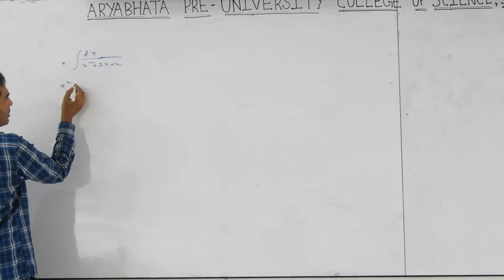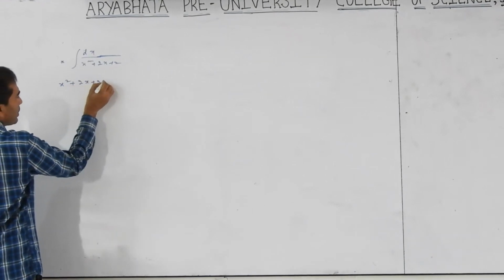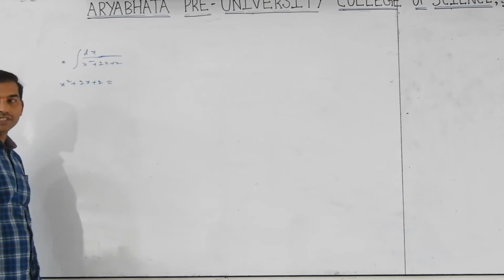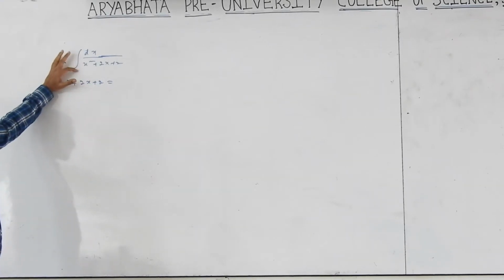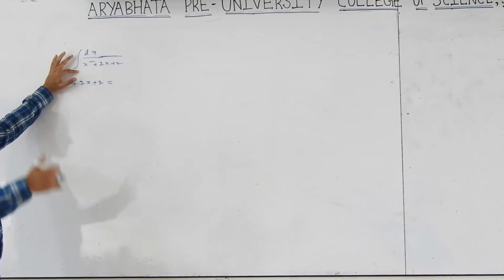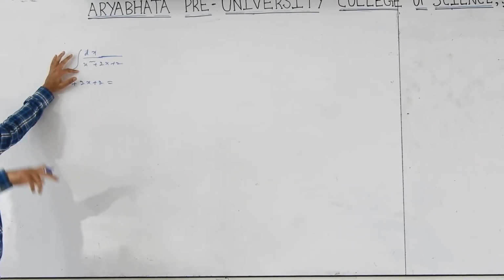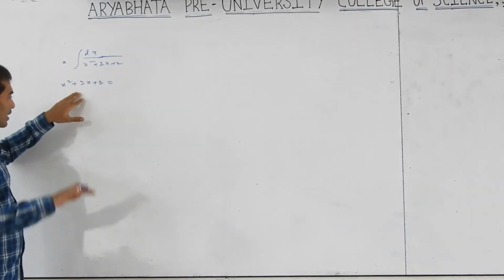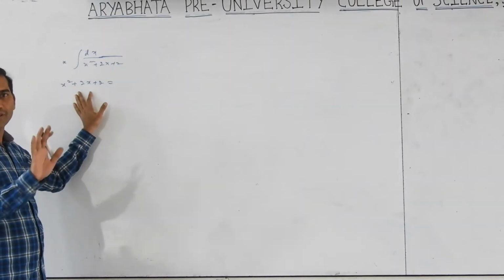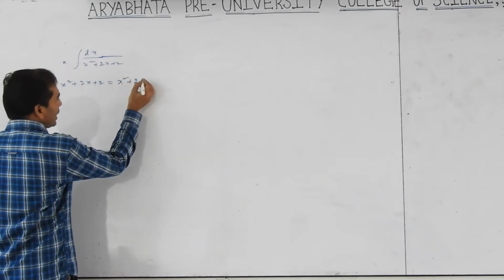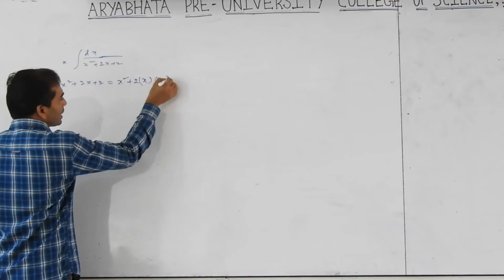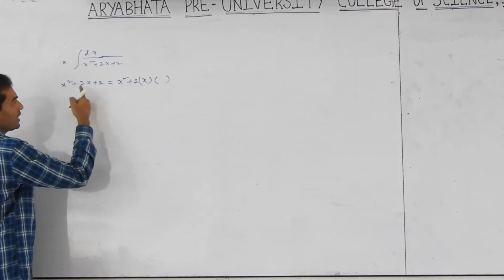Same for the form x square plus 2x plus 2. I am just giving names: this is the first method form, method 1. In the textbook it is not called method 1 or method 2; it is just for understanding purposes while discussing the problem, only here, not universal. In x square plus 2x plus 2, compare with x square plus 2ab: a is x, b is what?